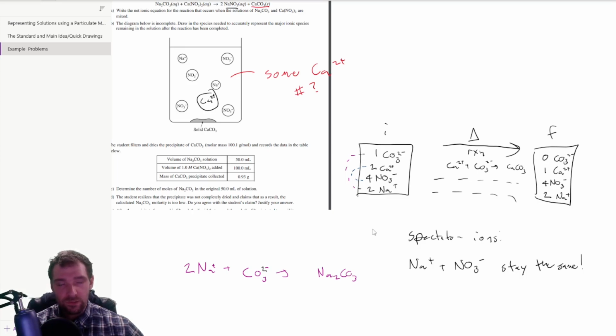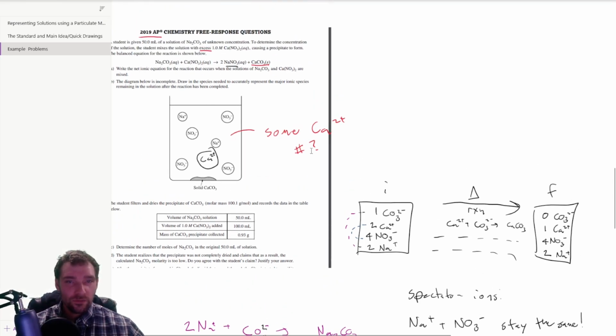It's a +2 charge, and that should work for this drawn model. We only needed 1 of them, and you can think about this like, okay, well, if I had 2 but only 1 reacted, and I had 1 carbonate, 1 reacted, so I've got no carbonates, and we've drawn in no carbonates, which kind